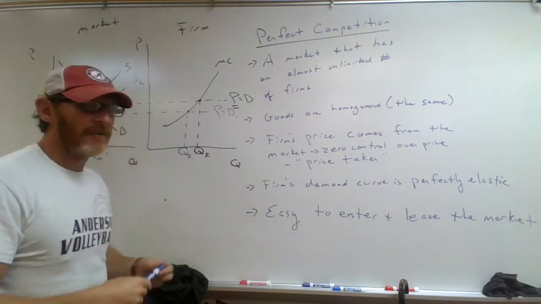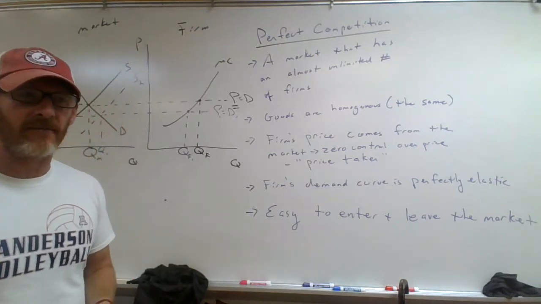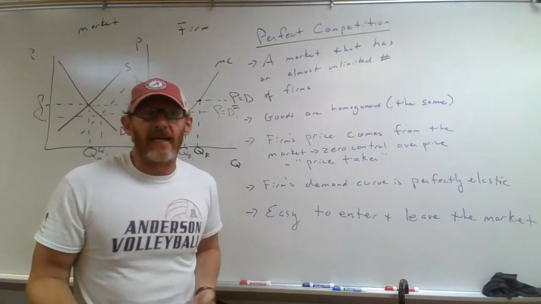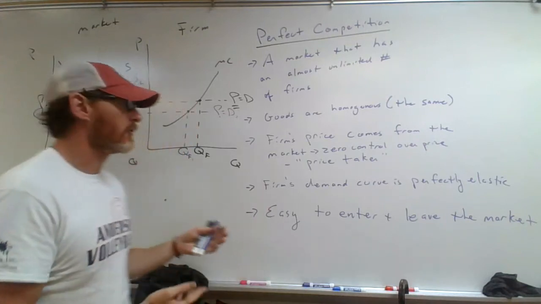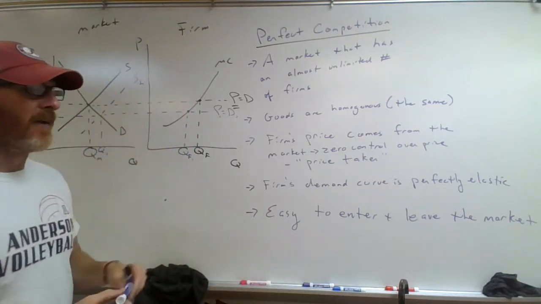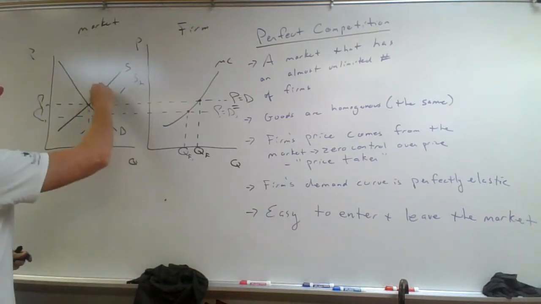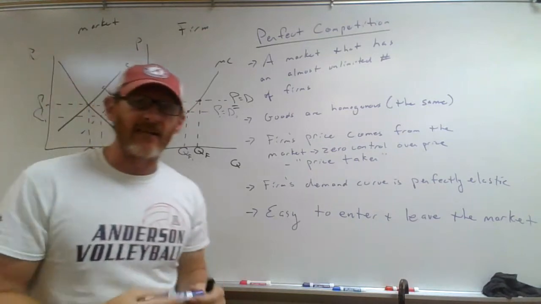Well, if that happens and there are more firms out there and the price goes down, then firms will start experiencing a loss because they are not getting the price that they'd like to. And the price is lowered because there's so many more people in the market. Well, if that happens, that means people will leave the market. And if people leave the market, the supply goes back this way and the price kind of goes back and forth until it finds an equilibrium.